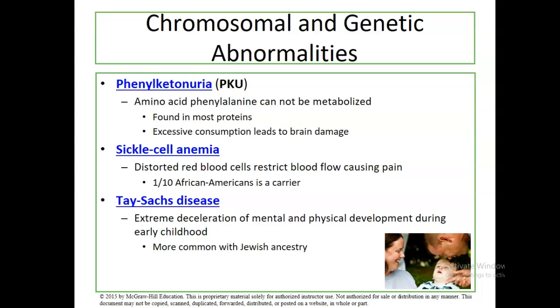These children typically have normal development and are reaching the regular milestones throughout the first year of life, but then they start to lose these milestones and their development begins to regress, and their nervous system essentially begins to deteriorate and ultimately results in death at around the age of 4 or 5.